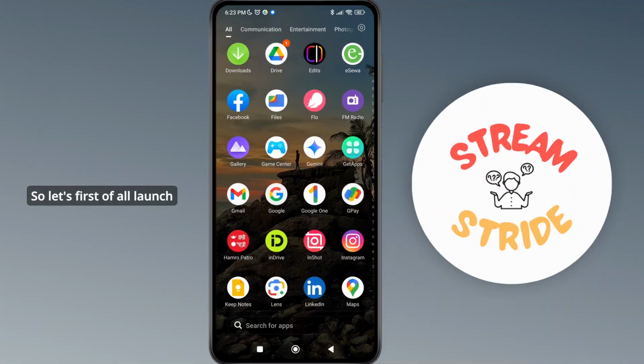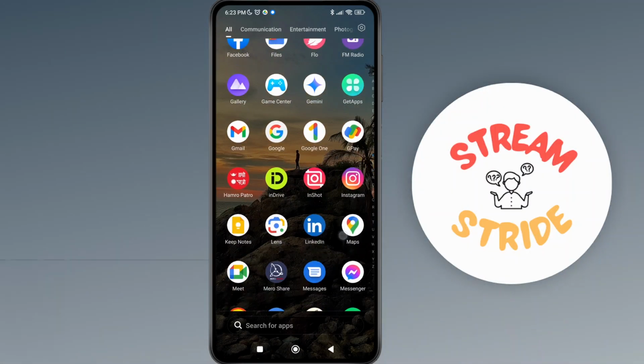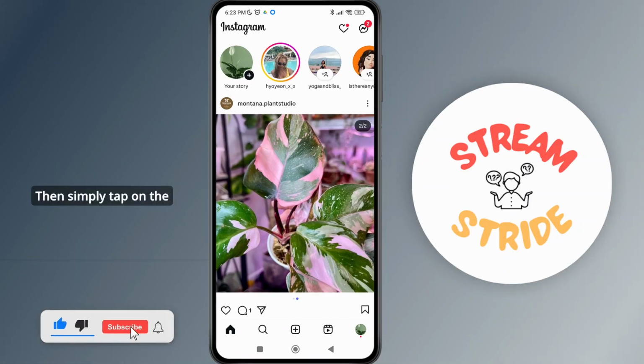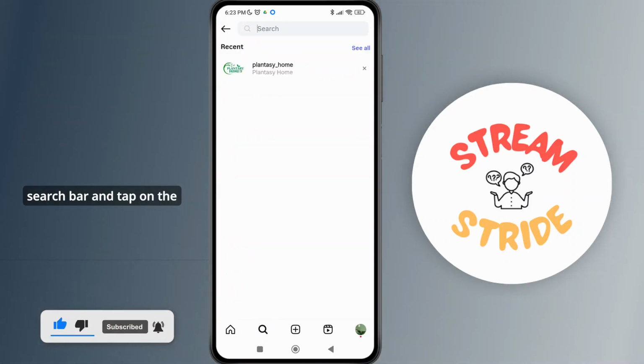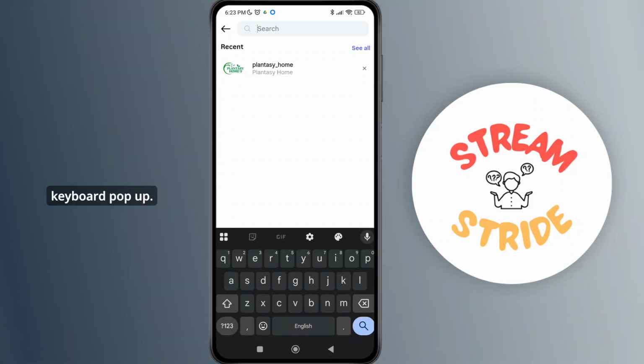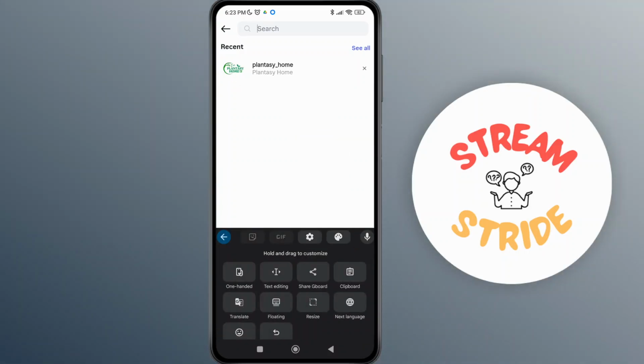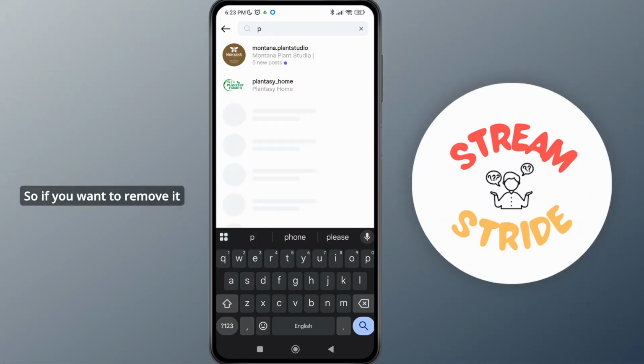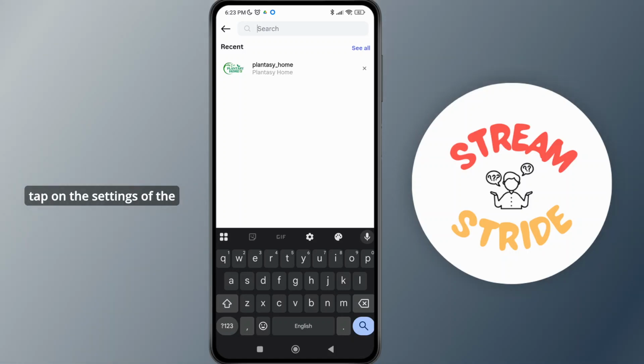So let's first of all launch any of the writing applications. I'm going to launch Instagram over here. Then simply tap on the search bar to let my keyboard pop up. Now here you can see whenever we try and write anything over here, you'll be able to see the different suggestions. So if you want to remove it, what you can simply do is tap on the settings of the